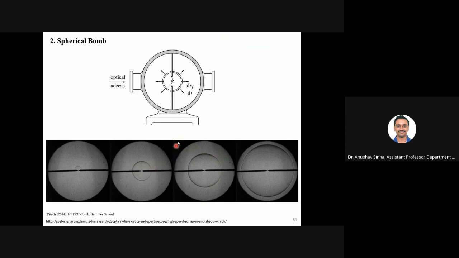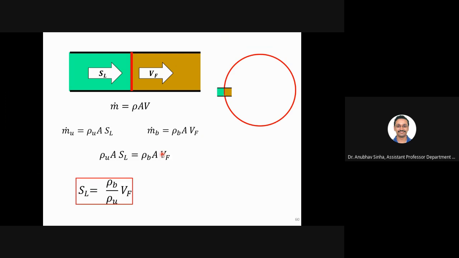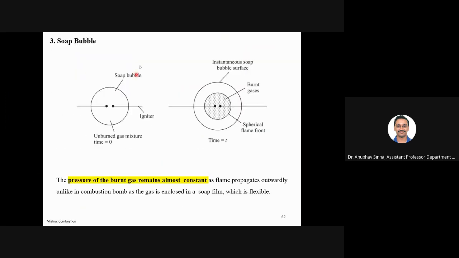Generally it is very expensive to create a very big pressure vessel. So that is one issue with this technique: pressure builds up, it rises as you keep on burning. To overcome that, we can use a soap film. We create a bubble. Bubble you all know, right? We fill that with gas. We basically use fresh gas, which is a mixture of fuel plus air, to bubble through some soap solution, and that creates a bubble.